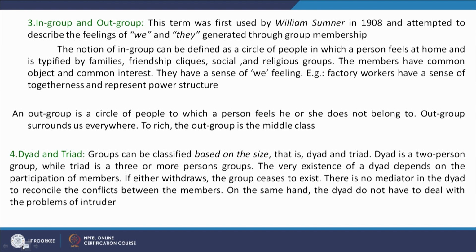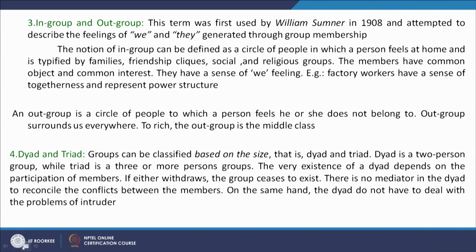That means intra and intergroup. When we are within the group, then we are we, right? It is a feeling that we are the group. When we are perceiving the other group, then that is the intergroup, it is they. Immediately we find that kind of discrimination between us and them, we and they, because we are defining our boundaries and we are not allowing the other members of the group or external group or other group to enter in